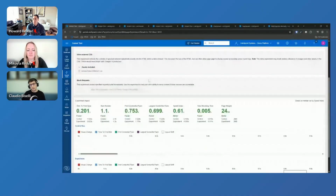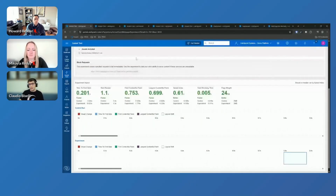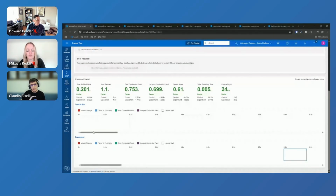So let's take a look at what happened here. This is the difference between the control run, which is the one without the experiment, and the one we have executed together, but without the experiments and the experiment itself. So what we can see here is that there is a big change on the time to first byte. We don't care about this number, even if it's better, because we want to remove this number from the other metrics. So if we compare the two screenshots,